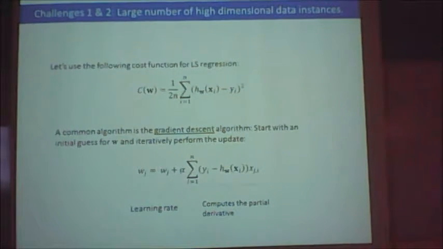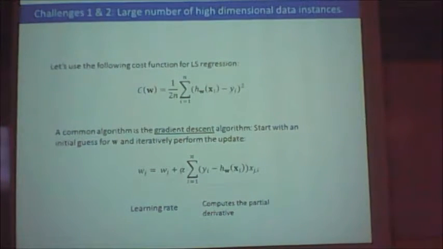Now for this equation here, you need to compute the gradient, right? If you have multiple regression, that means you have more than one variable, so what you can do is compute the partial derivative. The approximation of that is this x_ji here. This is the approximation of the partial derivative, so it approximates the gradient. This is coming from the loss function. So this will give you the next step.